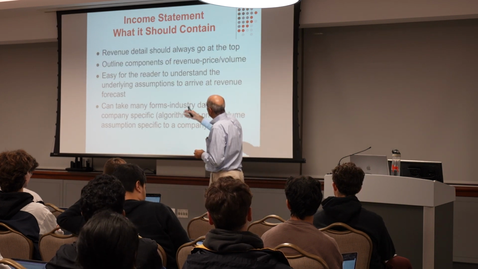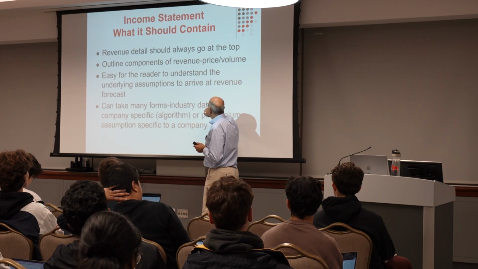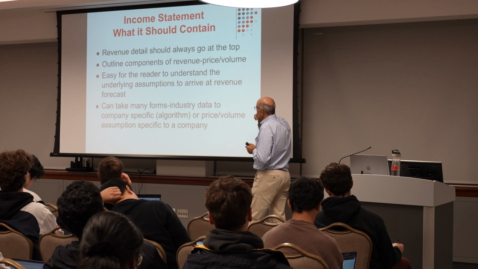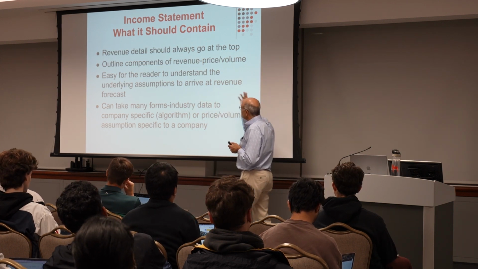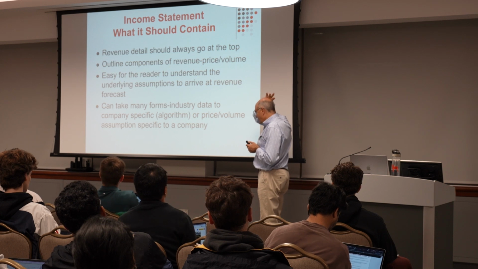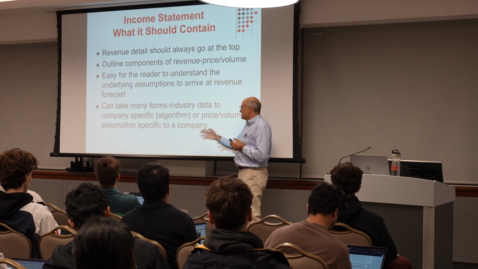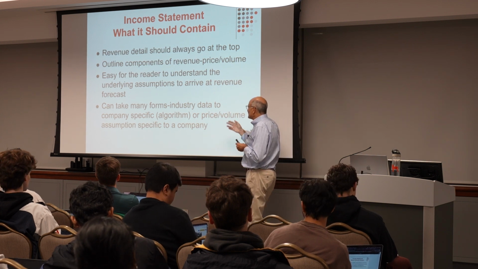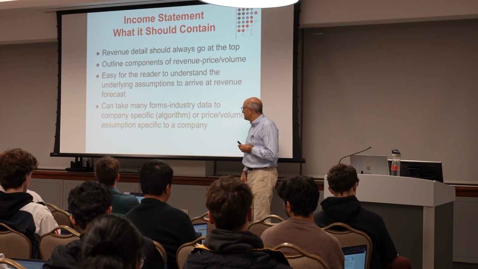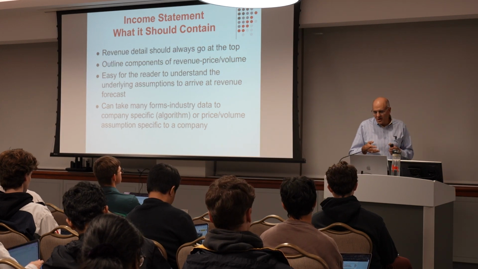So again, the revenue details should always go at the top. Outline the components of revenue, price, and volume if possible. It should be easy for the reader to understand the underlying assumptions to arrive at the revenue forecast. And again, you guys are students, but it can take many forms. Translate industry data to company-specific data, or price and volume assumptions specific to a company. Now, this is what you're going to learn with your own